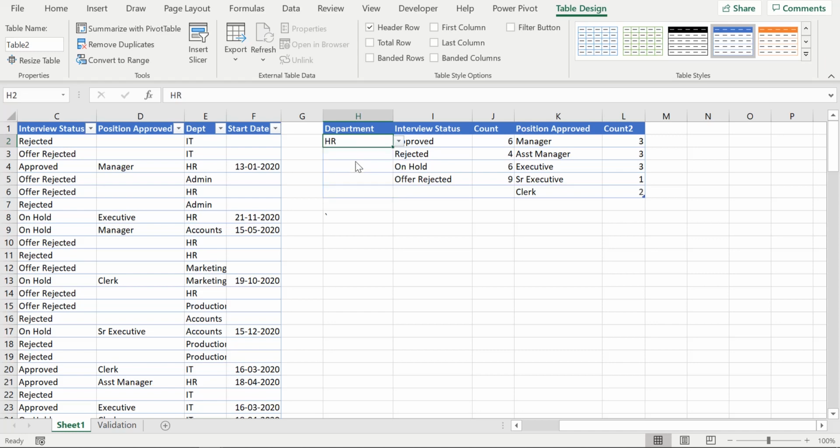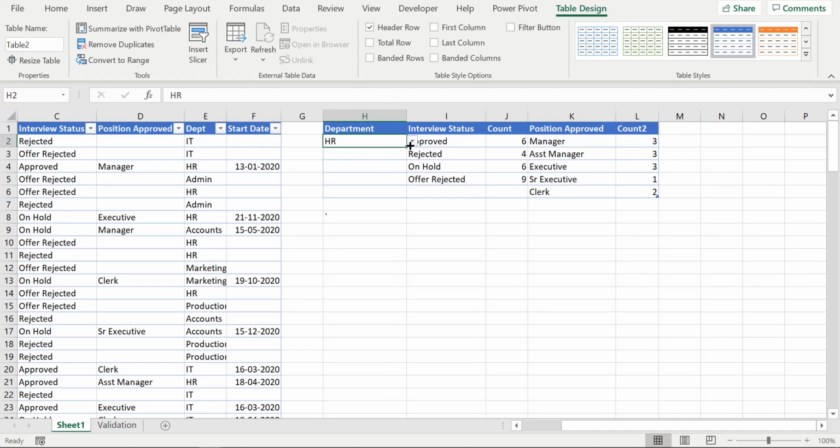So at one glance you are able to look at the different positions that you have interviewed, and what their status is. So very easy, very simple way. You click, you see marketing, any department, you say accounts, on hold 11, executive position, so it keeps on changing. So this is very easy.